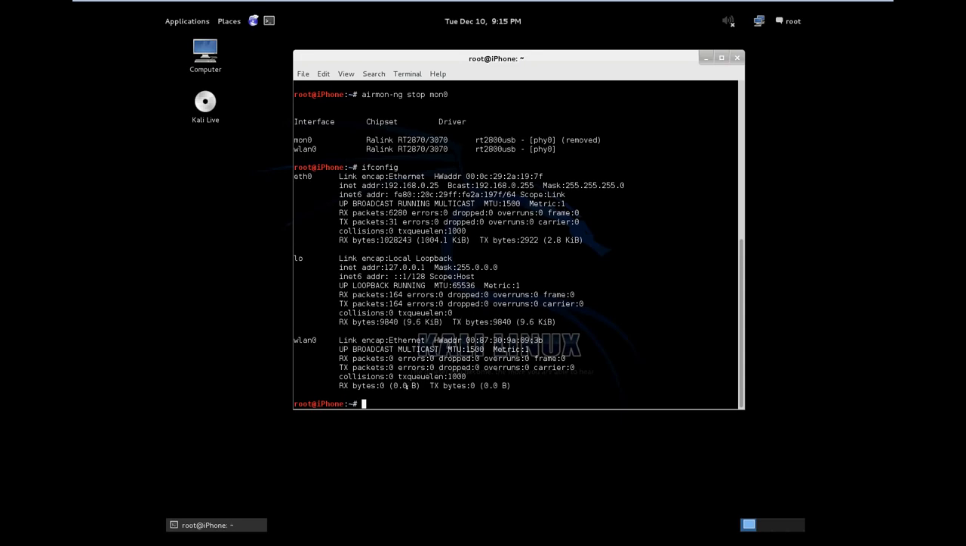So yours may be wlan1, wlan2, but wlan always represents the wireless network card that's inside the device. Okay. So what we need to do now is set wlan0 into monitor mode. Monitor mode lets it receive all packets flying around. Okay. So we issue the command